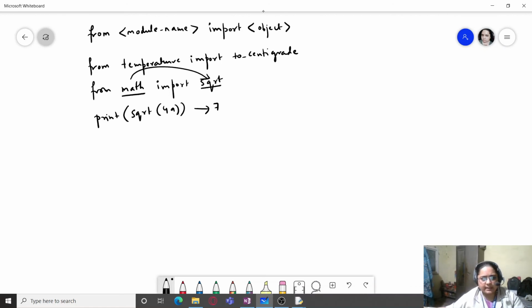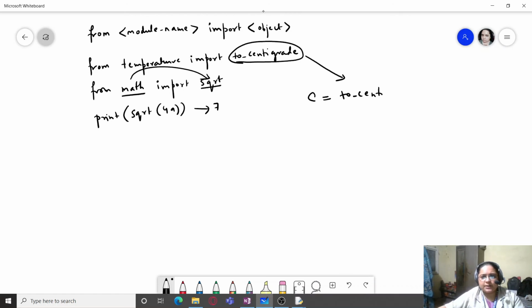sqrt could be any literal, a variable, a named label, a function, a class, an object, any of the components which are there within the module, that is math. And here also I have imported to centigrade. So that also I can use like this. I can convert any temperature to centigrade using this.